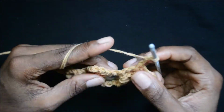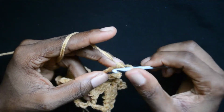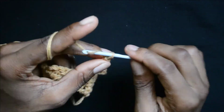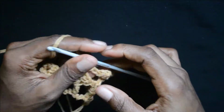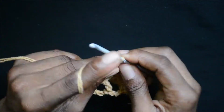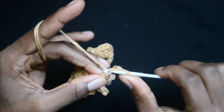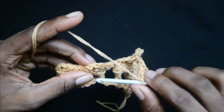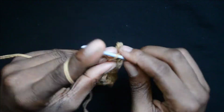Chain 2 again, do a picot by chaining 3 and then slip stitch in the third chain from the hook, chain 2, single crochet in the space between the chain 3 and the 3 double crochets from the previous row. So by having this, chain 2, do a picot, slip stitch in the third chain from the hook to do the picot, chain 2 again, single crochet in the space between the chain 3 and the 3 double crochets, chain 2 again, do a picot,